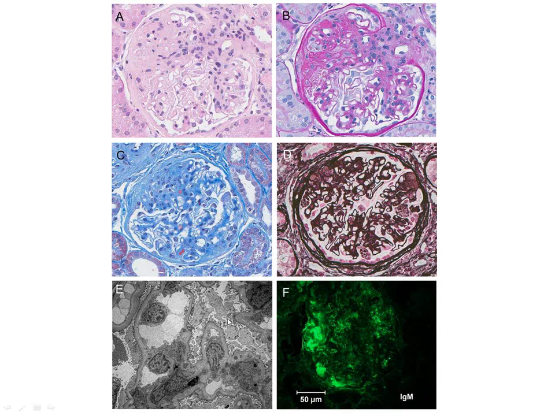So we have effacement of foot processes. You have these little tiny tendrils here, which is microvillus transformation. It's just what the podocyte does when it's injured. It makes little villi and sends them out everywhere. And then if you notice, the glomerular basement membrane does not have any evidence of electron-dense deposits.